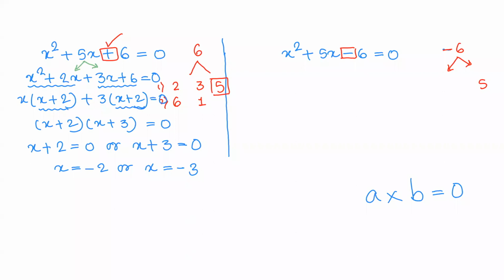So once again, if we see the factors of 6, we have got two options, 2 and 3. And the next option is 6 and 1. So these are the possible factors of 6. Now, which option are we going to choose? The first option or second option? Who decides that? What decides that? See, the sign of the constant term will decide that.